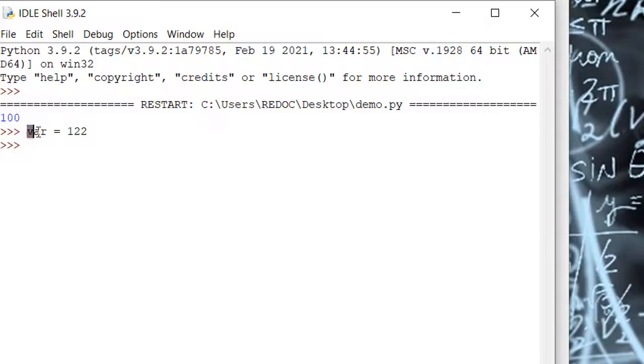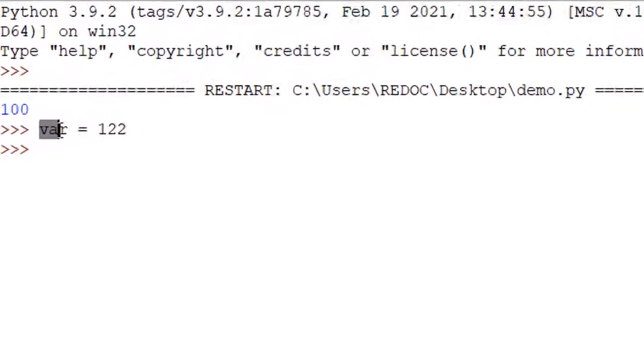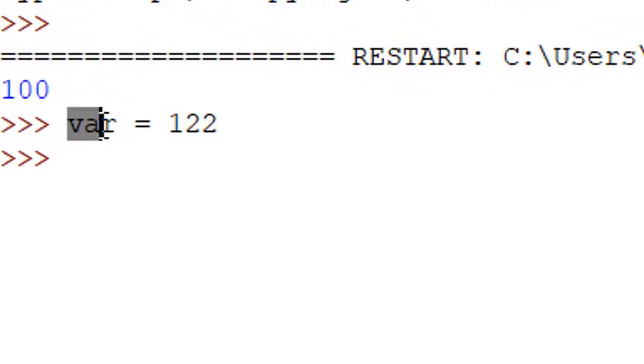Why is it valid? Because it consists of three characters v, a and r. All three characters are lowercase. The first rule is satisfied. Second, it should not begin with a number, so it begins with the character v. So the second rule is successfully followed. So var is a valid variable name.